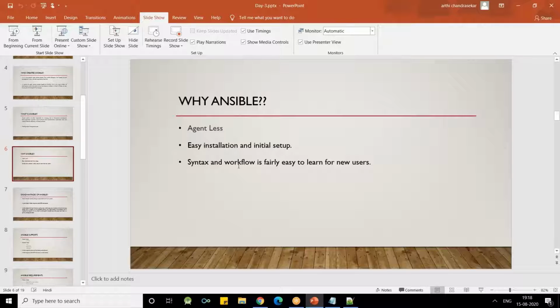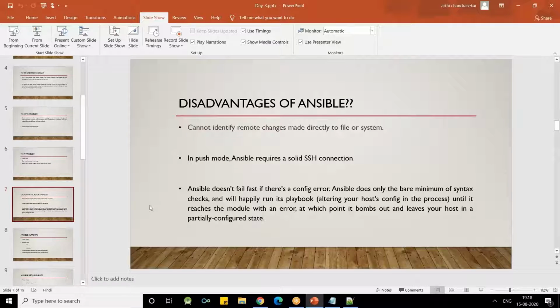So yes, Ansible has so many advantages, but what disadvantages does Ansible have? As I said, Ansible needs to have an SSH connection. SSH connection is typically through port 22. In some organizations, there are compliance norms which say port 22 shouldn't be open, so it should be closed. In those scenarios, we'll find it difficult for Ansible to get a place in that environment, because Ansible majorly